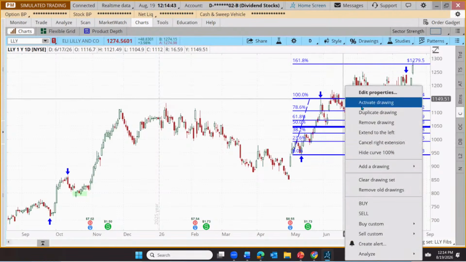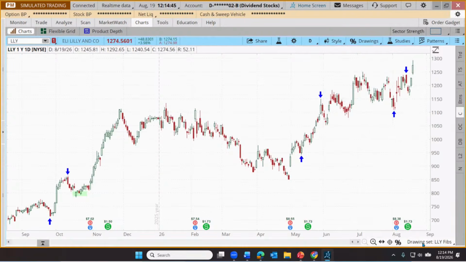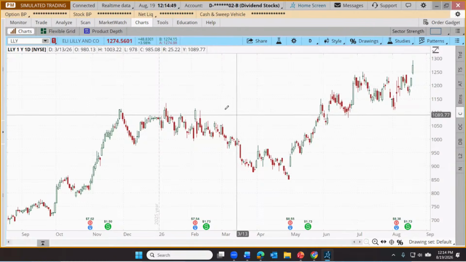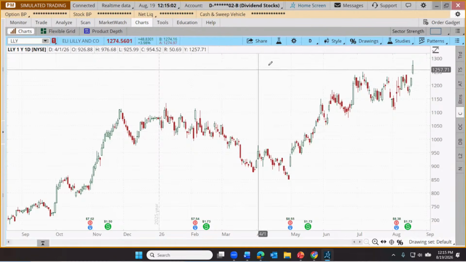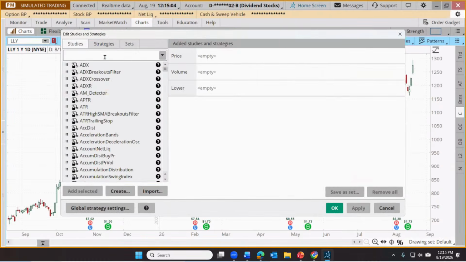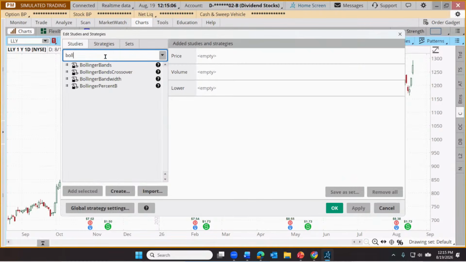So our second tool, let's remove this one. Let me go back to our default drawing set. Nice clean chart. Our second tool is going to be a technical study that's just applied automatically to the chart without any customizations. No discretion required aside from selecting it as the preferred study. So I'm going to come up here and let's talk about Bollinger Bands for just a moment.